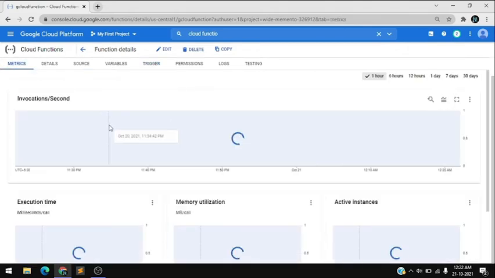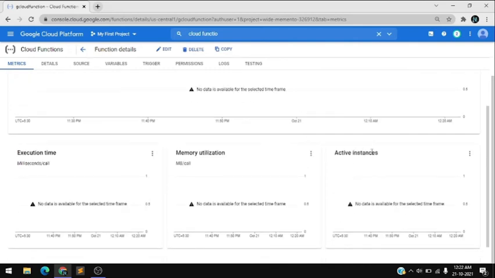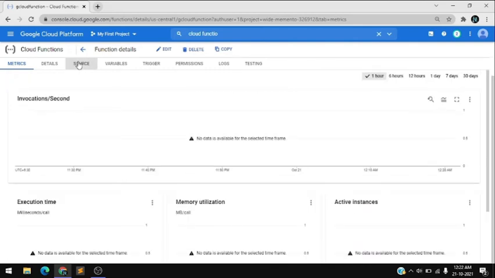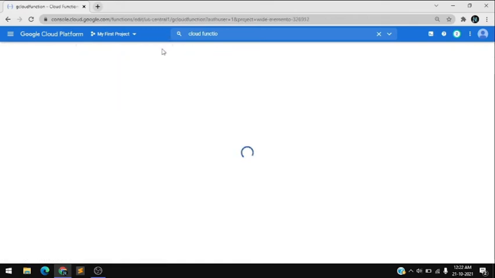Then here memory utilization, activity, instance options are available. Now here you can see the source code of the function. So I want to edit the code, so click on edit.